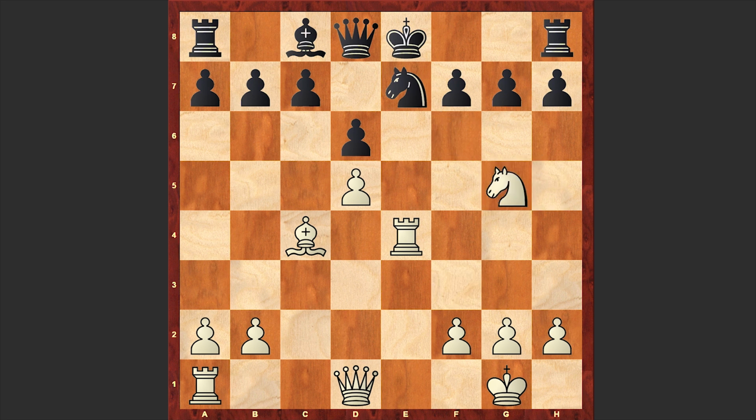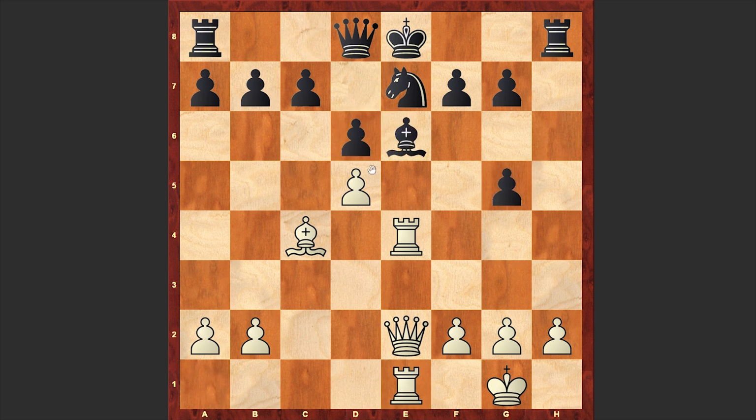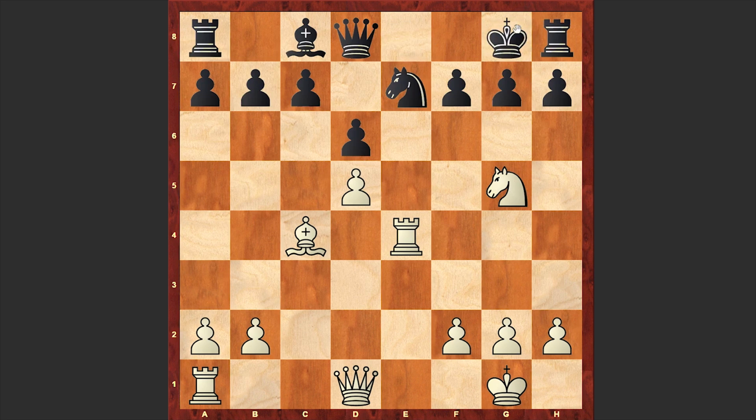An exchange on g5 followed, and black castled kingside. Nowadays, usually black is playing h6. If queen e2, then h takes g5. This is how the line goes. If here, then bishop e6, and then f6. All in all, we have an equality on the board, but in our game we have castling kingside by black,